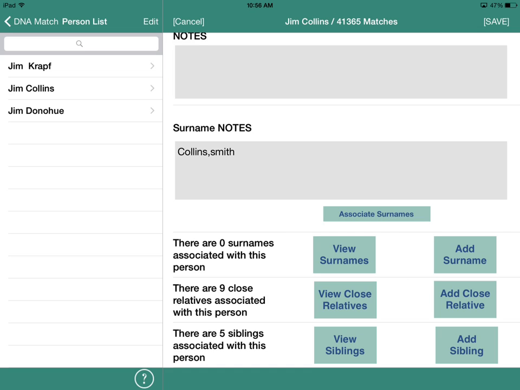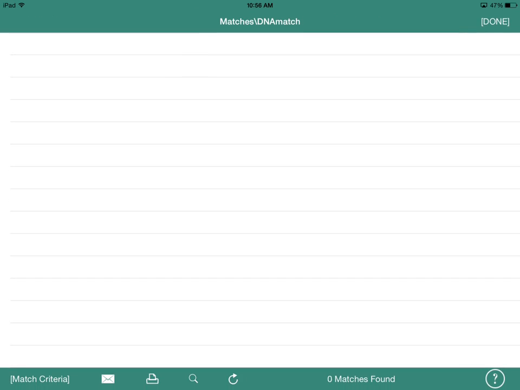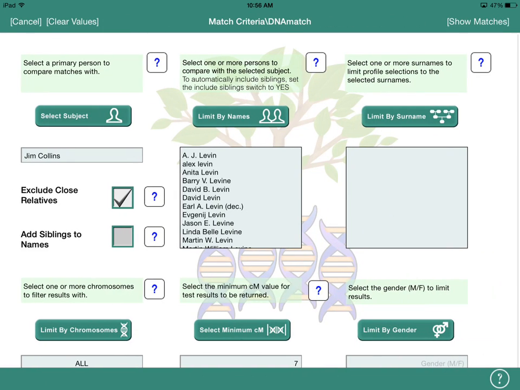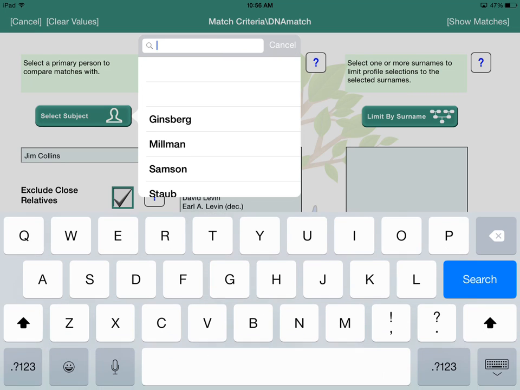Now we're going to take a look at the matches tool, where the lists are used in two places. The select subject, who is the primary person against whom everybody in the query is compared, and the limit by names, which says only look at these people in this query. So to select the subject, again, pretty straightforward, Jim,